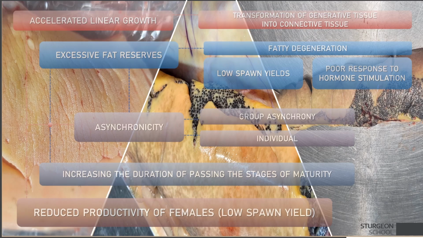Growing sturgeons at permanent fattening temperatures has proven to be an excellent method of producing meat sturgeon, but when transitioning to caviar production, a diametrically opposite situation is often observed. Instead of accelerated maturation, as was the case with linear growth, it is often noted that the maturity stages, especially the end of the second stage, are accelerated and, consequently, the overall duration of maturation is increased.